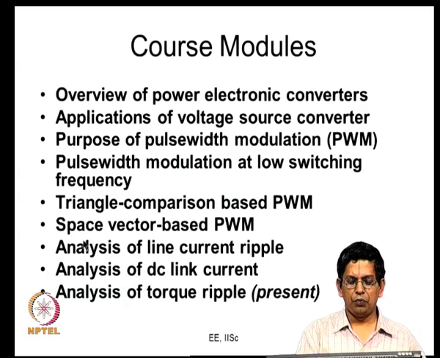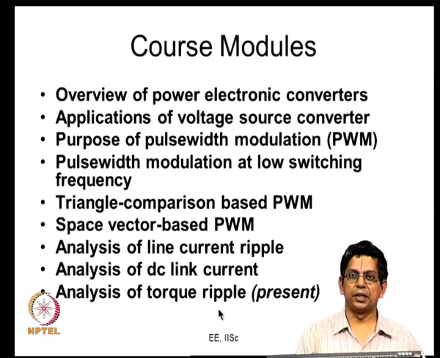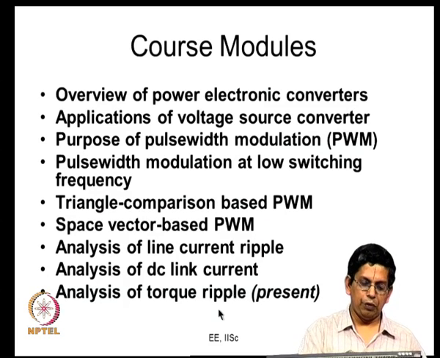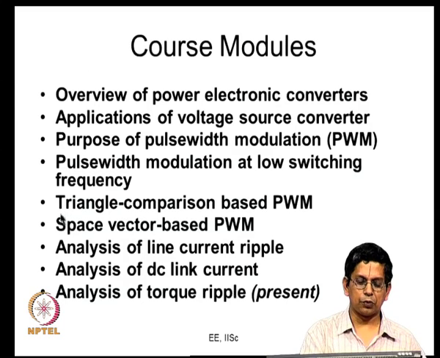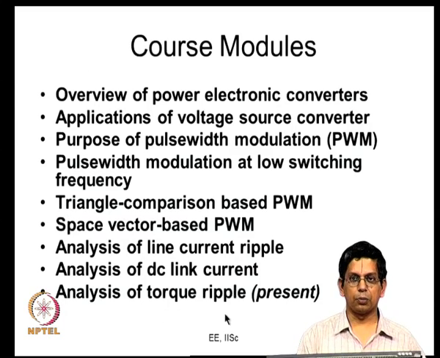Those we call advanced bus clamping PWM methods in this course, and we have also discussed some of those methods earlier. Today we will be looking at them again briefly in the context of pulsating torque ripple, particularly with an emphasis on higher switching frequency today in the context of torque ripple. That is, after we did the high frequency PWM, we did the analysis of line current ripple. In some sense there is some similarity between the analysis of line current ripple and the torque ripple, like we would see today. Alright.